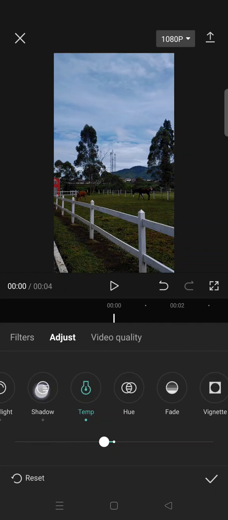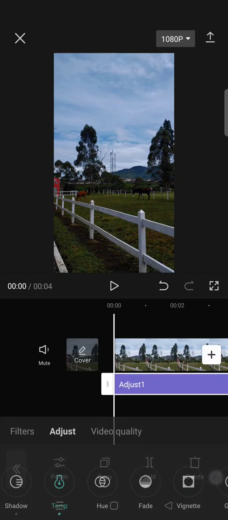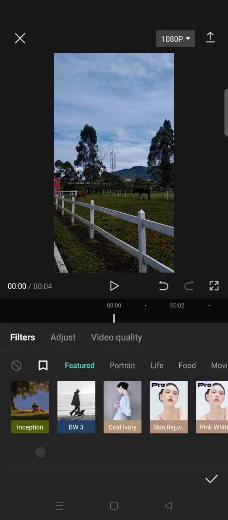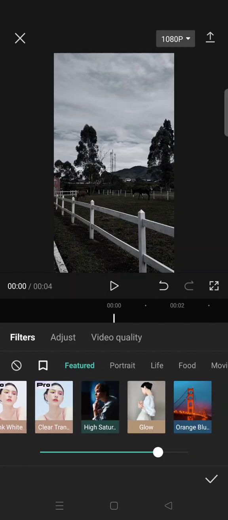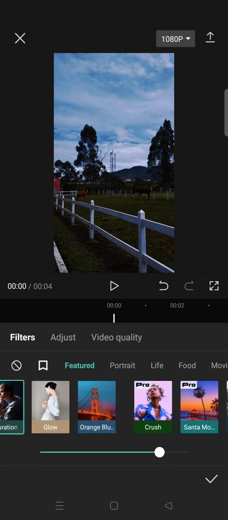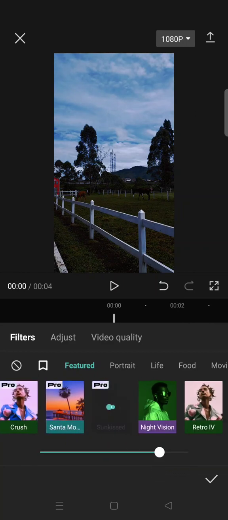And now you can just go back, click on a check icon and click on polish, go to filter, and you can just add your own favorite filter to make it more dark. Here, just adjust it to your liking. You can just choose your favorite